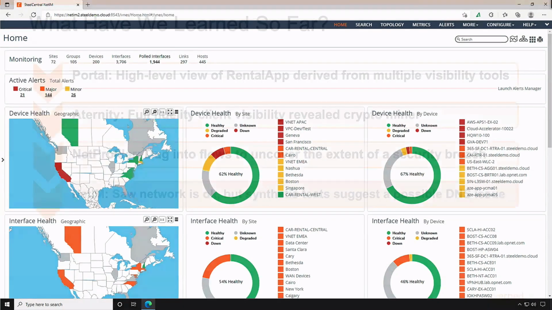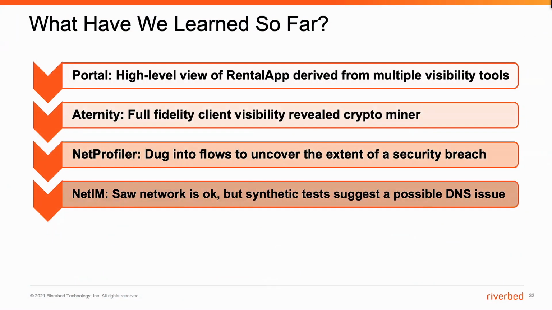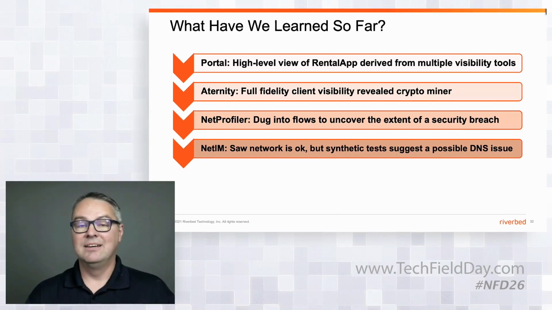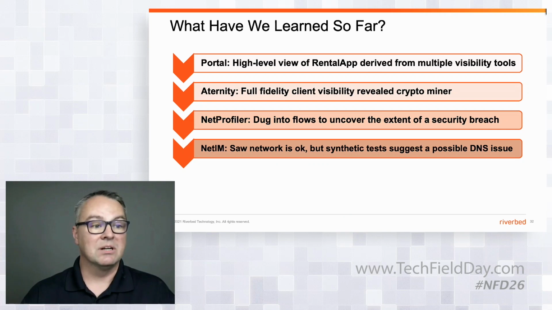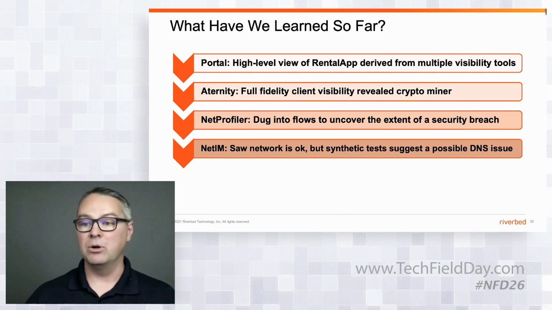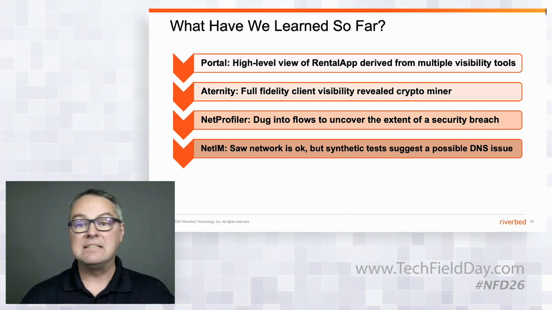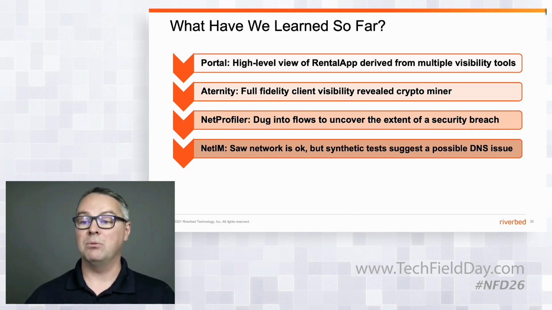Now, so far, what we've learned is that the network looks okay. I don't see any performance issues with my SD-WAN gateways or my core devices, anything like that. But when I do a synthetic test, it's telling me that there might be a DNS issue. So with that, my part of this would be to now refer it over and have Vince dig into it a little deeper and see if he can figure out what's going on. So